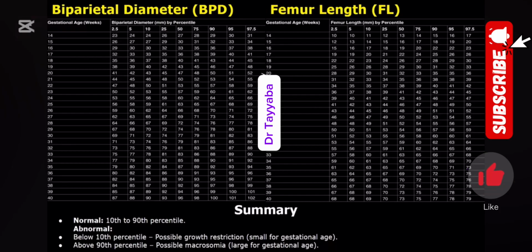Sometimes a femur length falling in the 5th percentile at 22 weeks becomes normal later on in pregnancy. It may fall into the 50th percentile. This is usually due to normal variation in growth. Some babies simply grow at different rates. It is possible for a baby to start off small and catch up later, especially if growth spurts happen during the third trimester. This would be a case of natural variation where the baby just grows a bit slower at first and then speeds up.